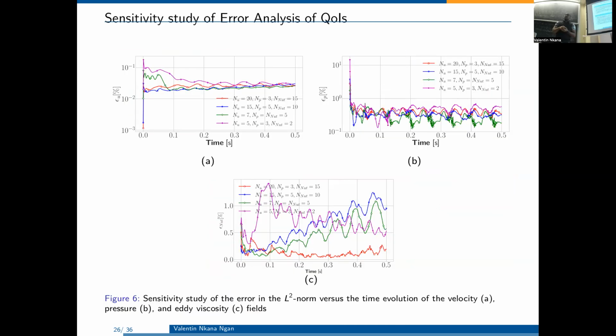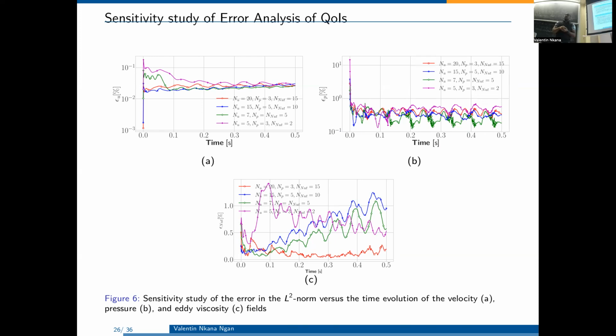So here now I have some L2 errors. When you vary the number of modes, you have to see how the error behaves. You can see that the almost best result that we have when we vary the modes is with 20 modes for the velocity, 3 modes for the pressure, and 15 modes for the eddy viscosity.